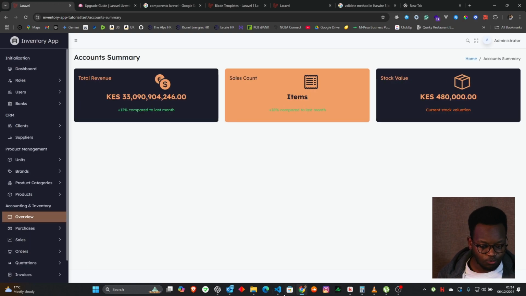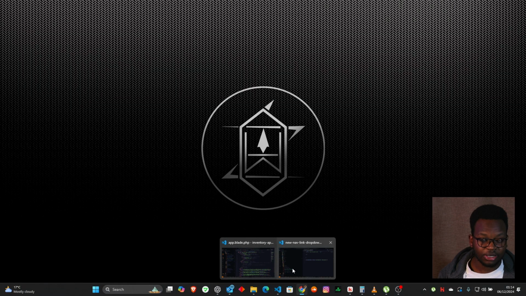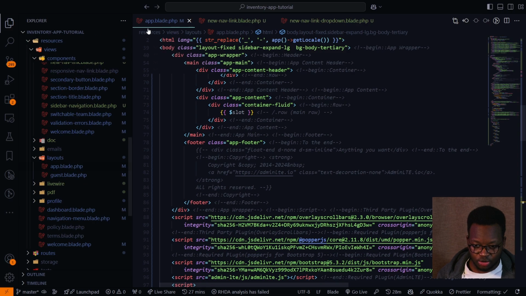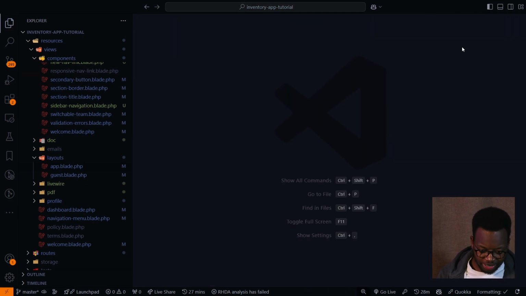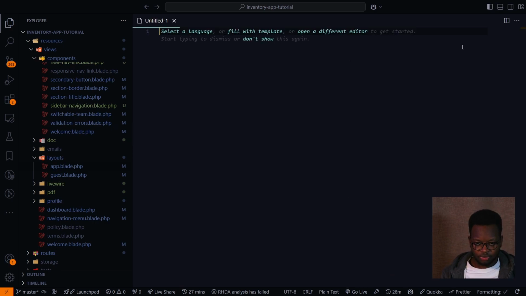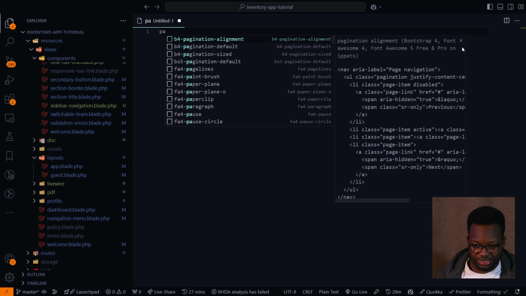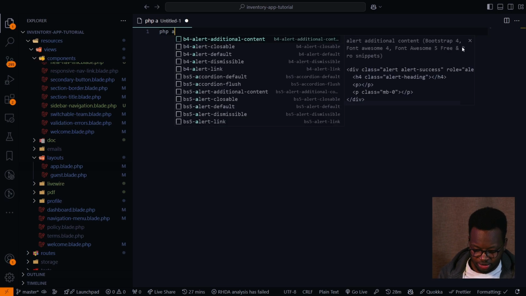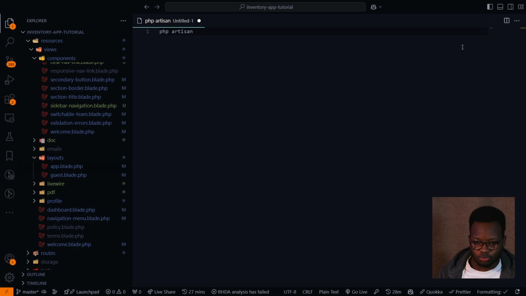So, in terms of where we've reached so far, ladies and gentlemen, I want you guys to take some time, okay, and go in to your terminal, your coding area. And then just do this, Control N, okay? Just do Control N and then type in the commands as follows. All right, so if you don't have PA in your command line, then it's just definitely PHP artisan, okay? So we're going to do a few functions, right? We're going to make